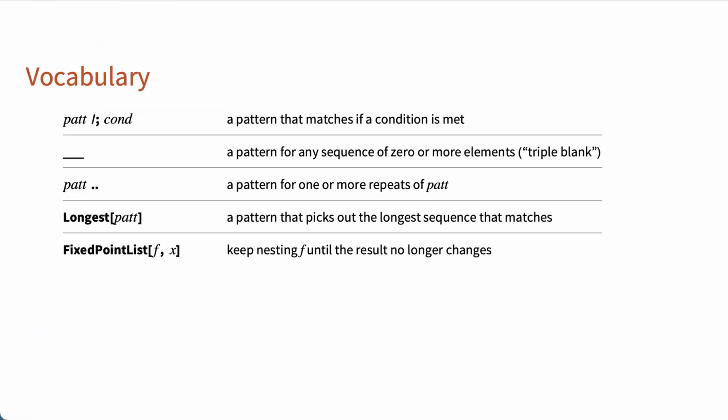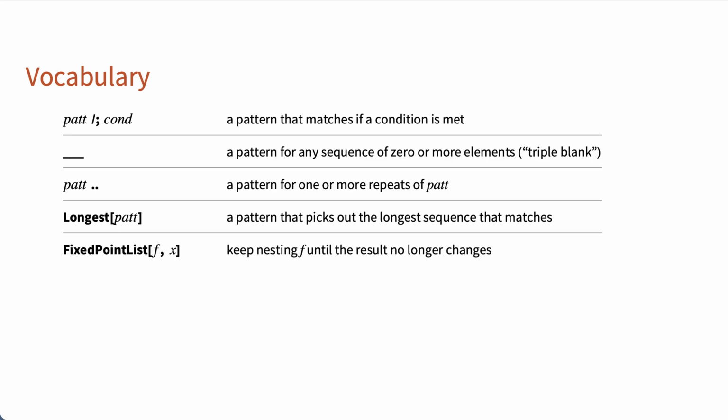To summarize, here is some of the programming vocabulary from this section. The examples included the /; (semicolon) notation for adding conditions to patterns, the triple blank pattern, the pattern with two dots for matching one or more repetitions of something, the colon notation for making named patterns, and the Longest function to use when there is more than one way to match a sequence or to match a set of repetitions. This section also included an application of the function FixedPointList, which is used for repeatedly applying an operation until the